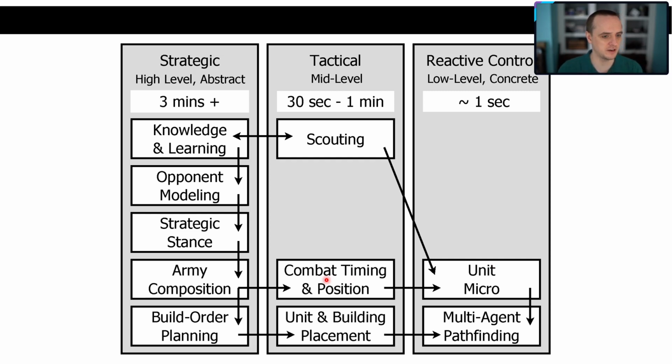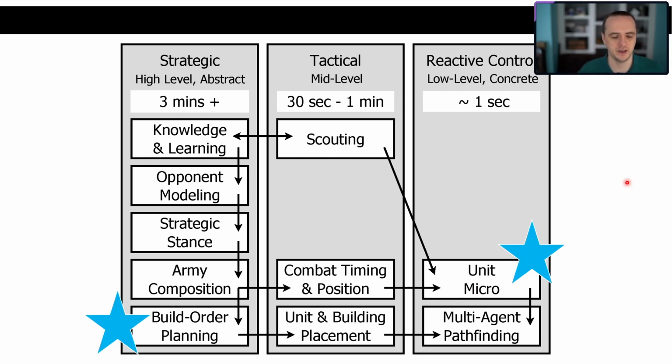And for the assignment, what you can do is you can choose one of these areas that you want to focus on. If you want to focus on the build order planning, if you want to focus on the army composition, if you want to focus on the unit micro, that's fine. If one of these things really appeals to you as a group that you want to work on, this is one way that you can help make your decision about what you want to do. And my particular research that I focused on for my PhD, and I continue to focus on, are on the areas of build order planning and unit micromanagement.